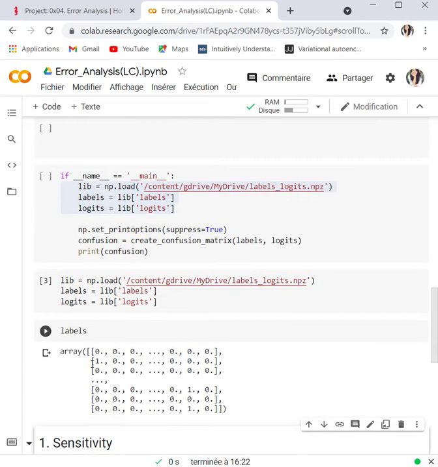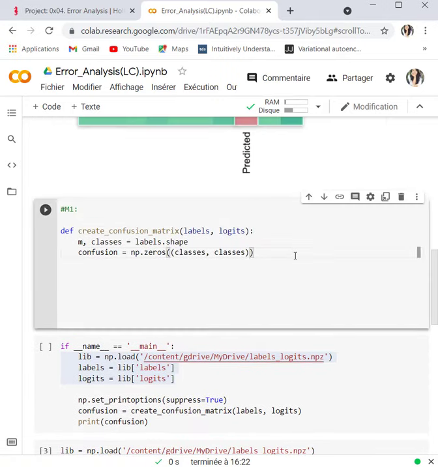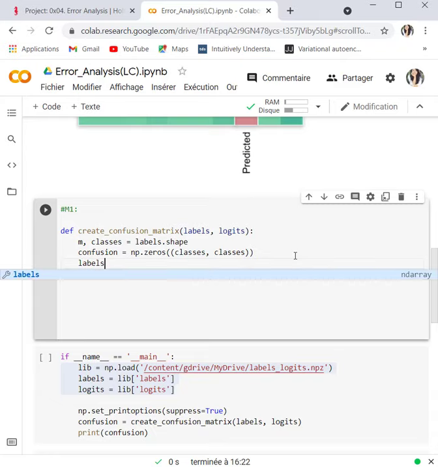Here, for example, for the second data point, it has the first class. Okay, so what I'm going to do is to take the argmax of each data point, and I'm going to call this vector labels.